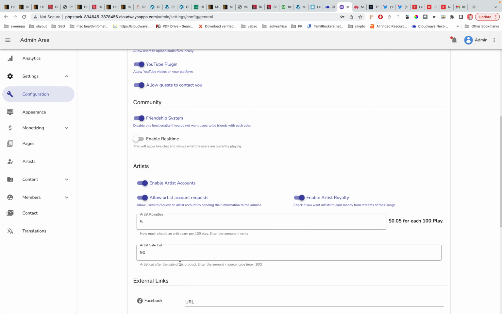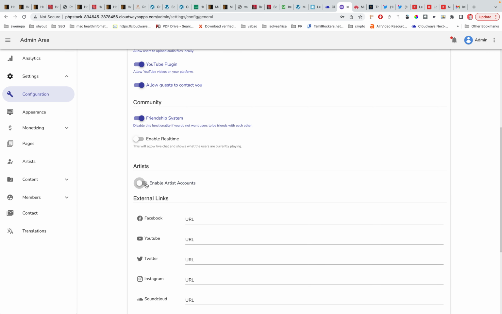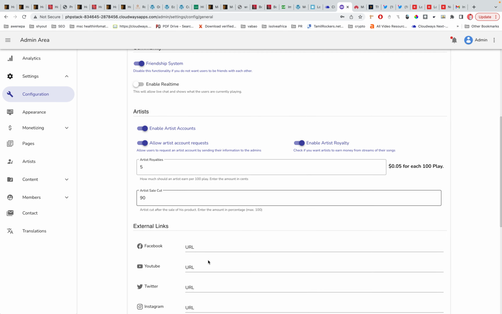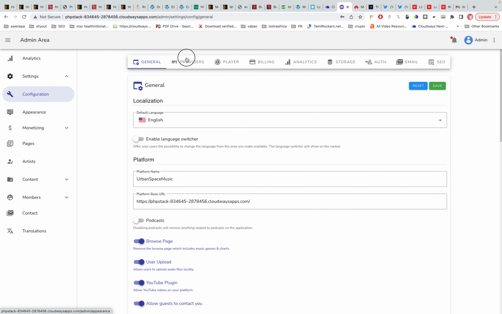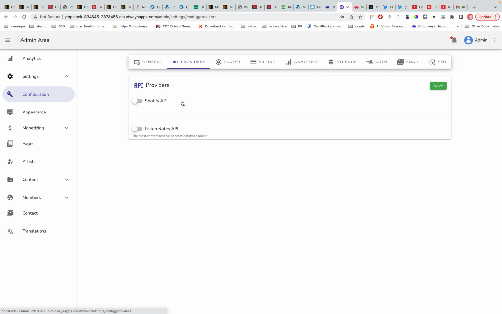This is basically your own marketing strategy to make sure that people are listening to the music on the platform. You can also enable artist accounts on the platform directly, and you can disable it as well. There are APIs. If you want to connect to Spotify and pull some songs from Spotify, we can do that. For the player type, you can decide to hide videos. You can also turn on autoplay, so that whenever somebody opens the song,